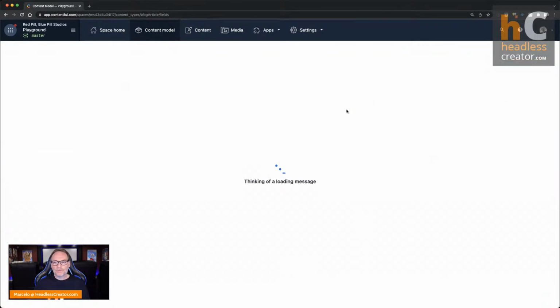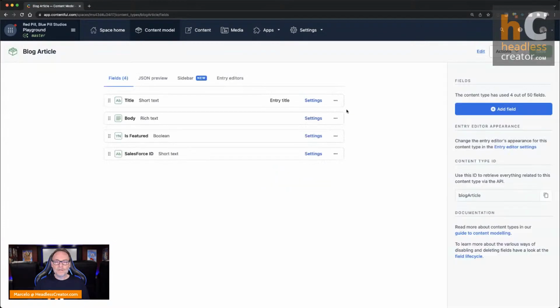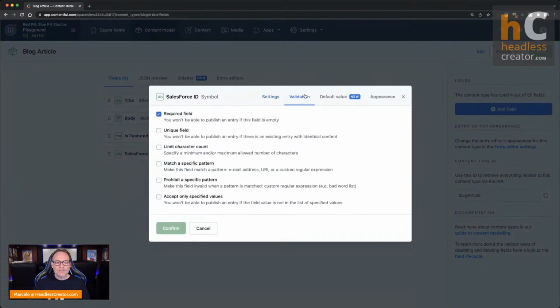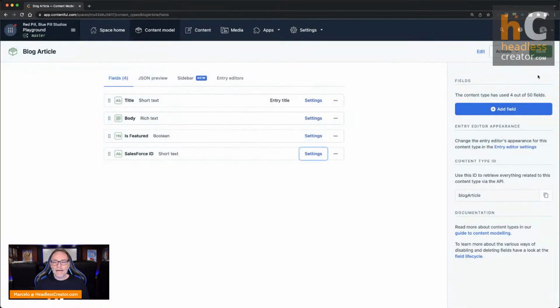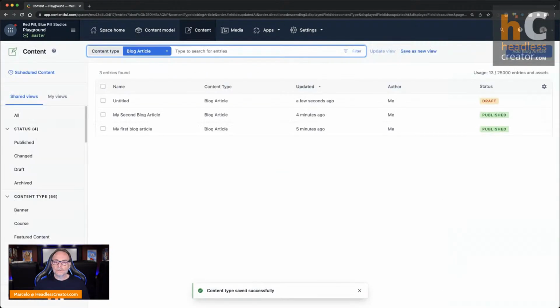And for some reason, they're running slow today. If I would have known this, I would have postponed this stream for you. But hey, that's what editing is for later. We'll go into Salesforce ID here. And under validation, we'll do match specific pattern, custom, and we'll do XYZ underscore star. So now when I do that and click on save and go to content, and let's